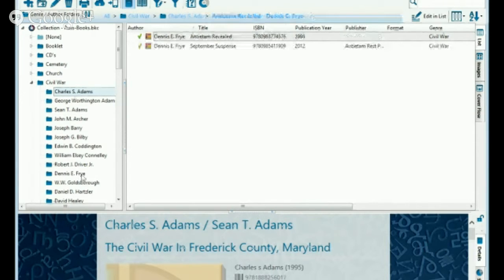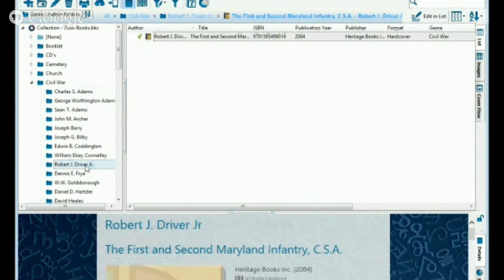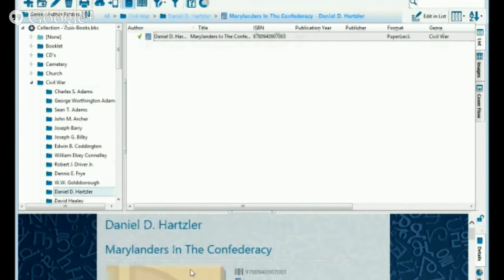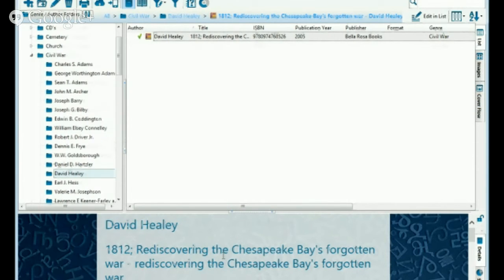I'm going to see if I have one that's got the cover on it, and it doesn't matter. If the book cover is available, it will be down here at the bottom. I thought I had one, but that's all right. The book cover is not important to me, as I can print this list of books,